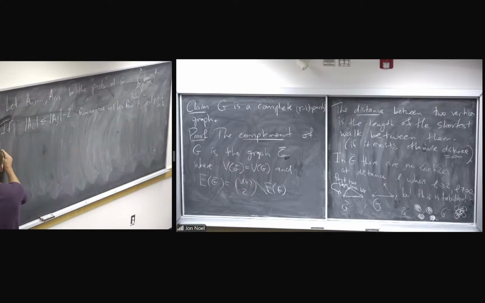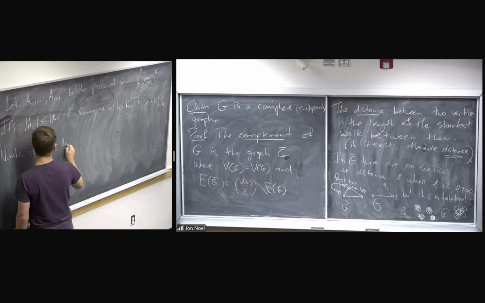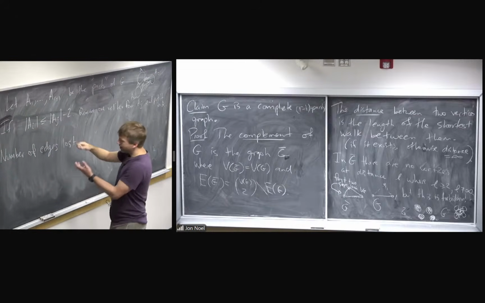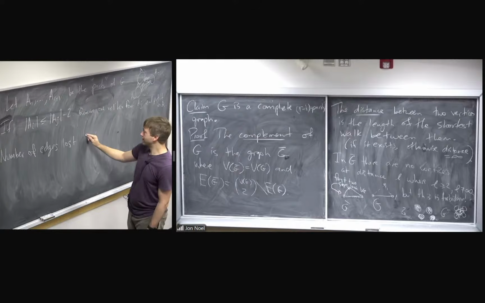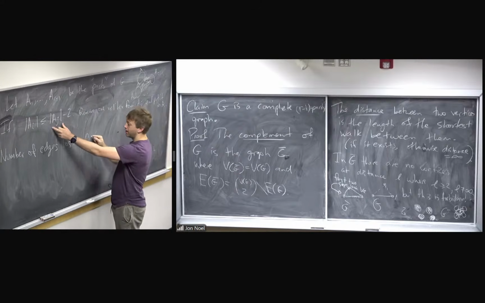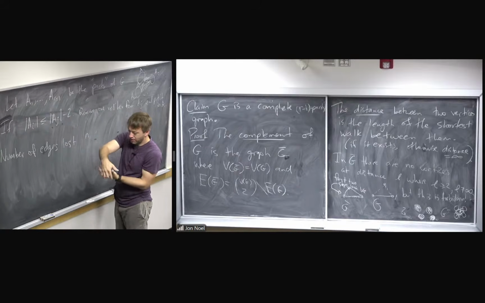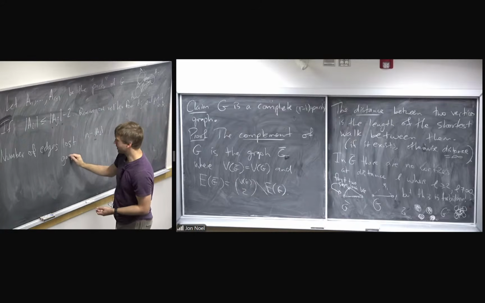And so the number of edges lost. I think of it as deleting that vertex from AJ and cloning a vertex in AI. The number of edges lost is, so how many neighbors did somebody in AJ have? It's adjacent to everything that's not in AJ. So it has degree n minus the size of AJ. And the number of edges gained,